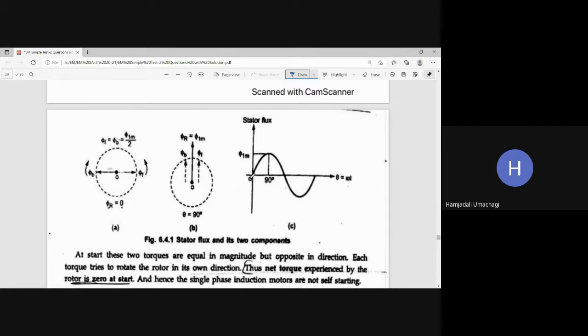Here you can see the resultant flux when theta equals 0 degrees. Theta equal to 0 degrees means when the single phase induction motor is starting, at that period of time flux is 0. For this position, when flux is 0, pi r equals 0, this is the first point. When theta equals 90 degrees, where pi f and pi b are both at the 90 degree position, then flux will be maximum, because pi 1 m by 2 plus pi 1 m by 2 gives us pi 1 m, which is the maximum flux for theta equal to 90 degrees. For theta equal to 0 degrees, resultant flux is 0.